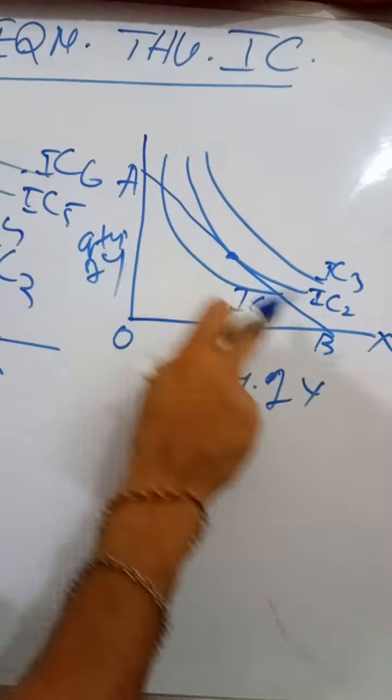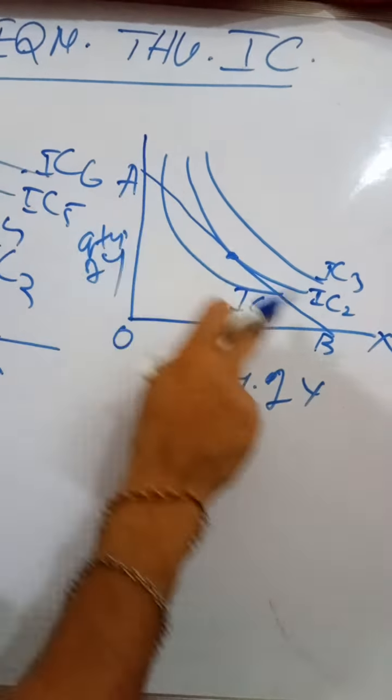But you see, point R and point T cannot give the consumer the same level of satisfaction. In the same way, point R and point V cannot give the consumer the same level of satisfaction. Why? Because point R lies on a higher indifference curve IC2 than point T and point V, which lie on the lower indifference curve IC1. Okay, and IC3 is beyond his reach because